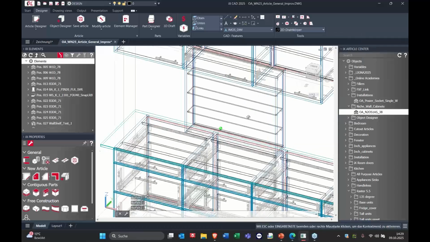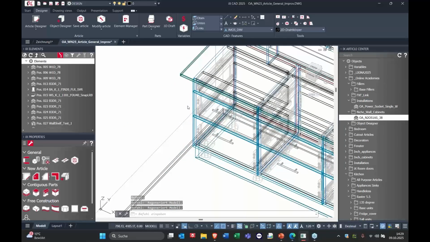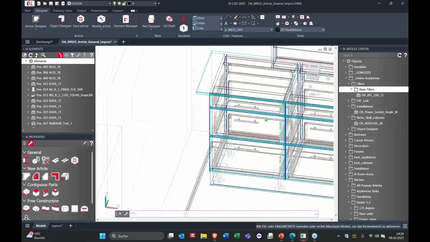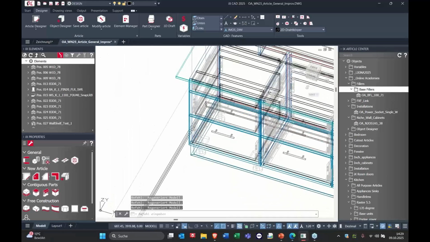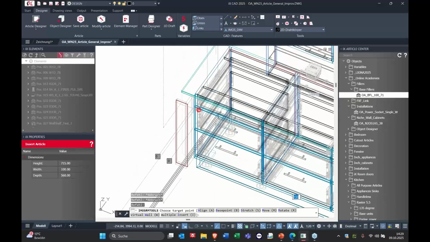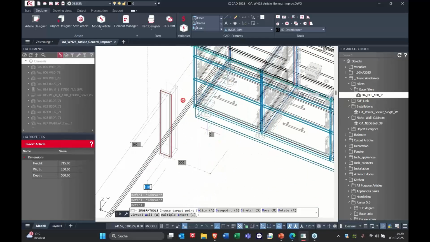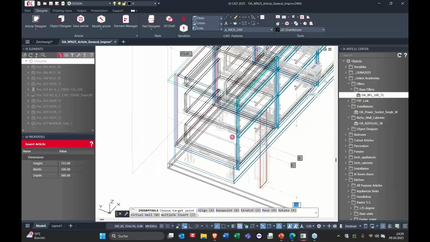Another way to use the base point alignment is when you are inserting fillers on wall units, tall units, whatsoever. So let's say if I want to insert a base filler here to the left side of my kitchen, I double click it, and you will already see from this view, when I'm trying to put it here inside the niche, it doesn't really work much. It's like struggling around. It cannot go inside, so I had to move my camera around,